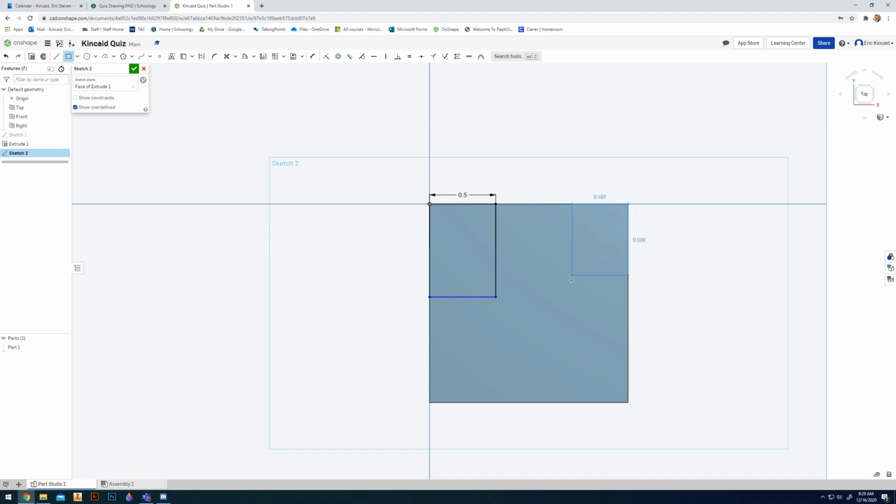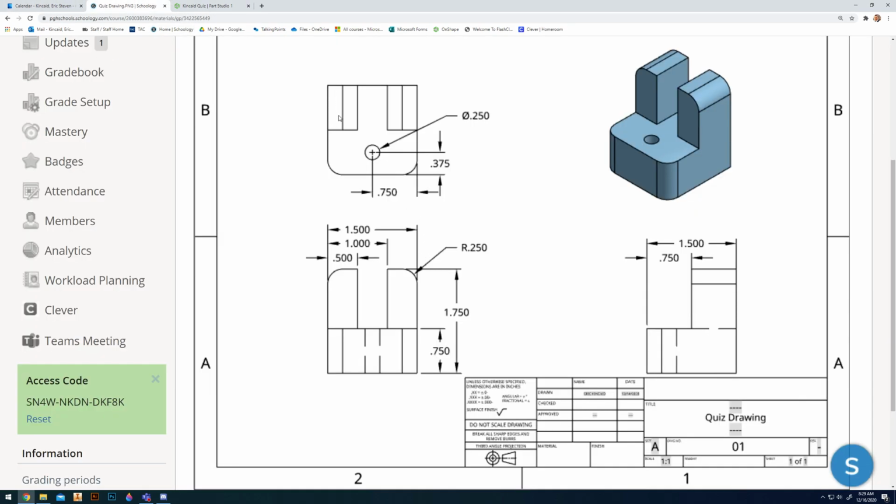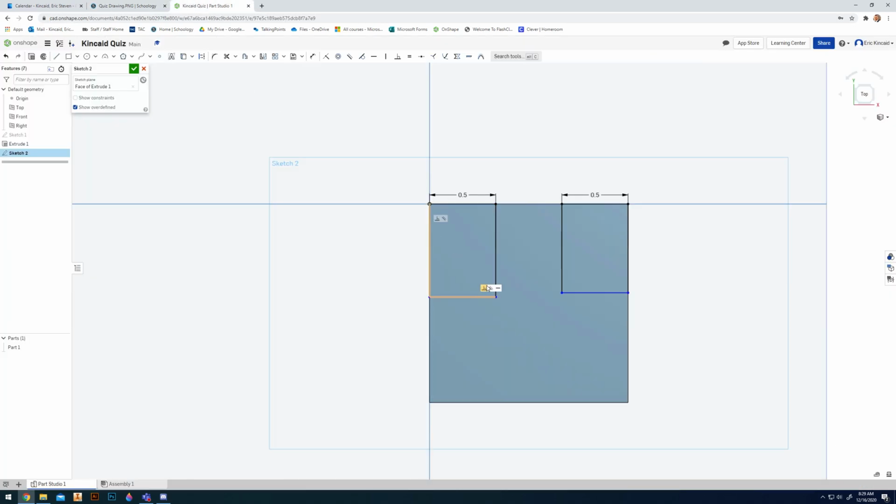But since we know it's nice and even, what I'm going to do is just draw my rectangles on both corners, right? 0.5, and then I'm going to leave that height because I'm going to change it once I'm done. So 0.5, great. Looks like there's rectangles there. But what is this dimension going up and down here? For that, we have to look at the side because it gives that dimension away by telling us what is the gap from the front to the start of our ear. So we can do that exact dimension